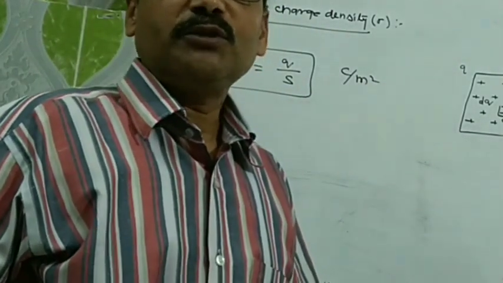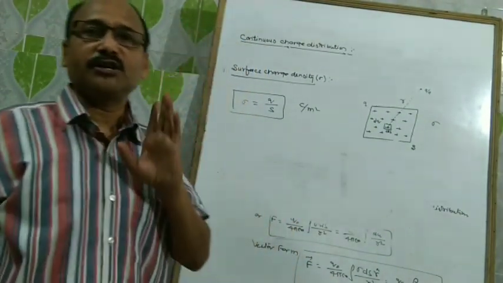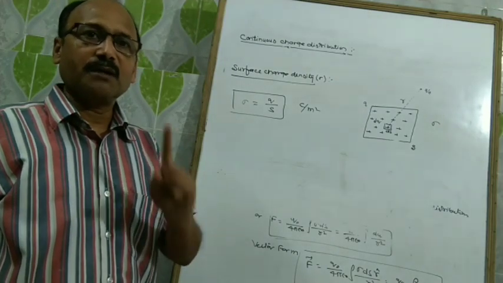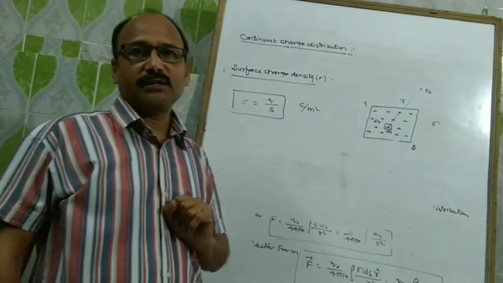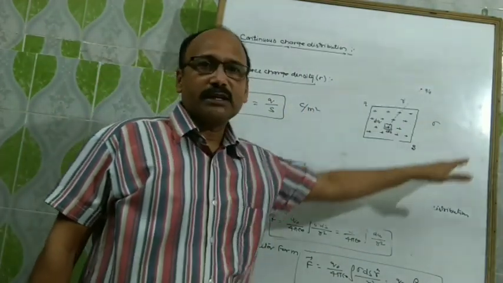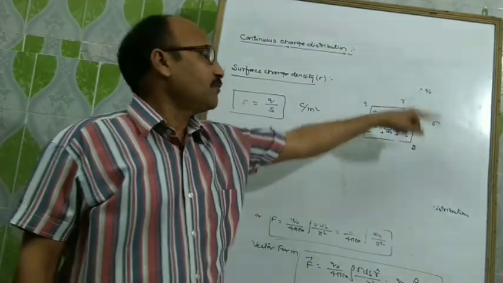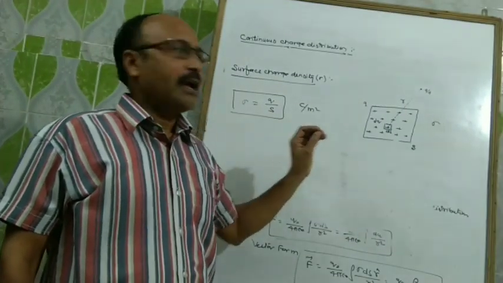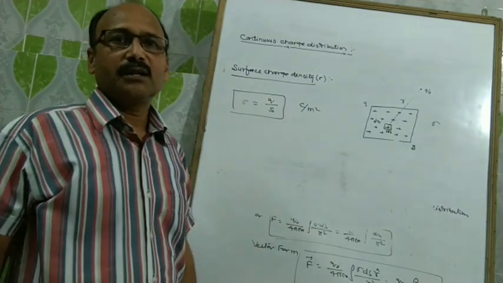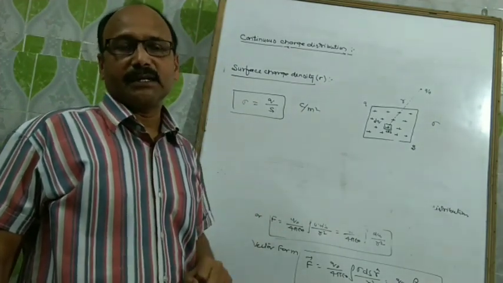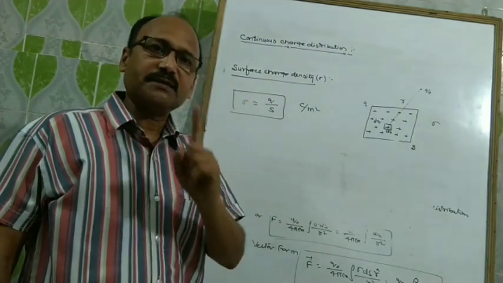Now, the third part of volume charge distribution, you will complete by yourself. In that, first of all, you have to define the volume charge distribution. After that, you will take a three-dimensional body, meaning a solid sphere. Its volume will be V, and its small element becomes dV. Then you have to find this completely. Volume charge density is noted by rho. So you have to keep this in mind and derive this formula.